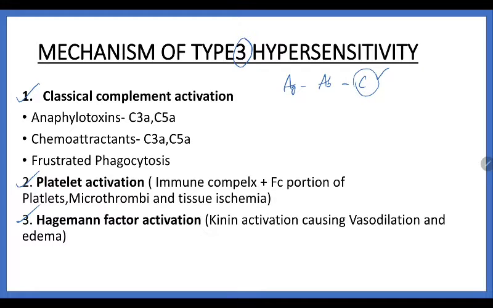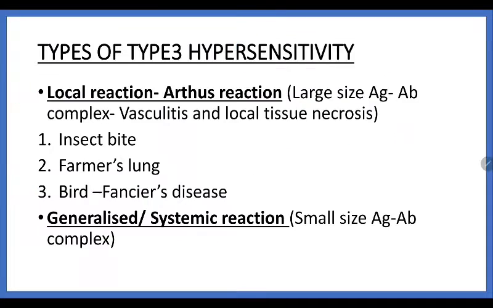Now when someone of us is asking about the blood cells, we'll be saying first the RBC, then the WBC, at last we'll be saying the platelet. Here also when mentioning platelet as third one, so platelet activation is also one of the mechanism in type 3 hypersensitivity reaction. At last coming to Hageman factor activation. In Hageman factor activation, there is basically kinin is activated, in turn causing vasodilatation and edema. These are all very important mechanism in type 3 hypersensitivity reaction.